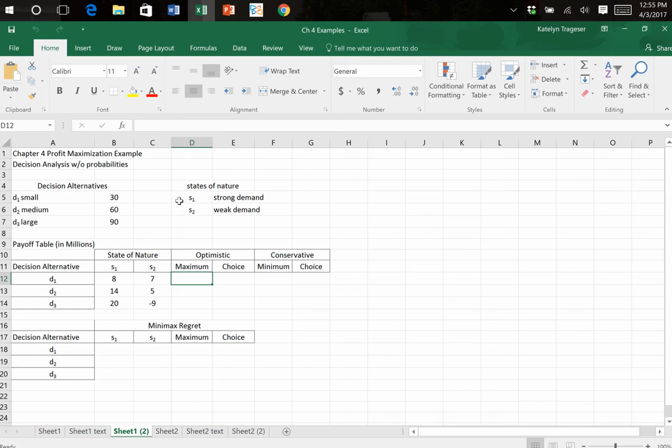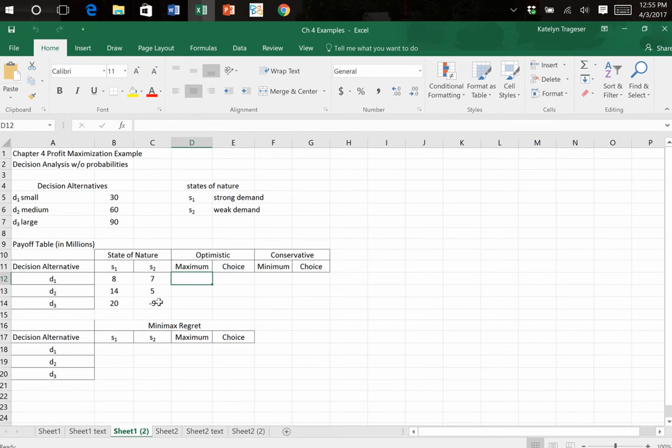From there, we're given 2 states of nature. State of nature S1 represents a strong demand for the condos, and S2 represents a weak demand for the condos. We're given some payoff values here based on the decision alternatives and the corresponding state of nature. So now our task first is to look at the optimistic approach. The optimistic approach, we simply want to take a look at the best case scenarios or the maximum profit for